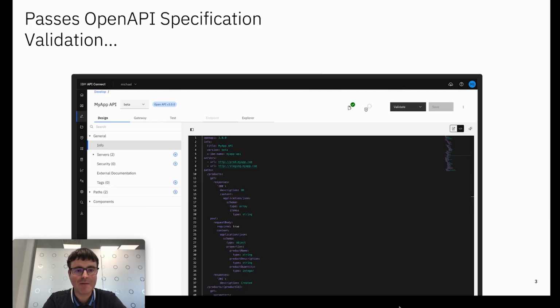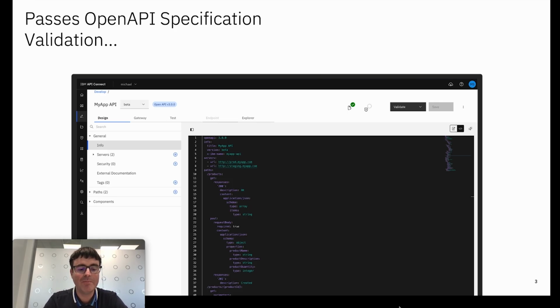I have here an example of an OpenAPI document uploaded into IBM API Connect as a draft API in YAML format. And of course, API Connect already allows you to validate that your OpenAPI document is compliant with the OpenAPI specification. And that's exactly what we see here. You can see the little green tick icon on the left-hand side of the validate button. So at first glance, everything in this OpenAPI document seems okay. And you might think, I can publish this OpenAPI document in confidence now.